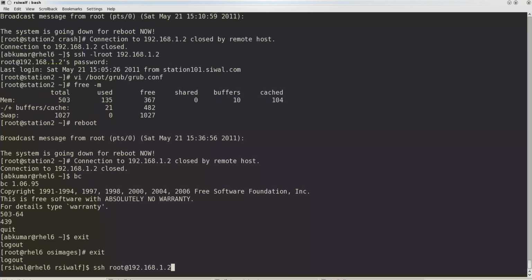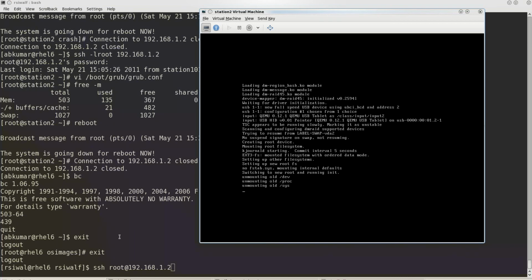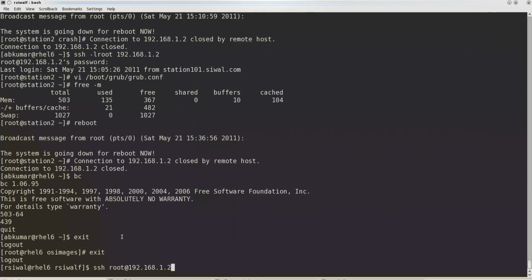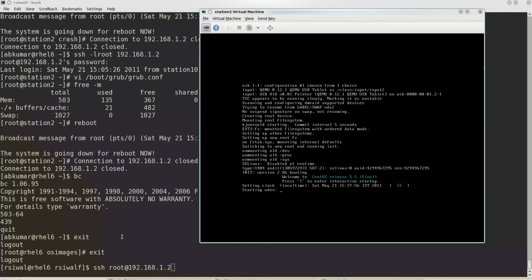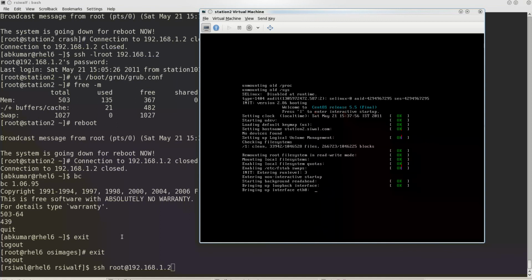Okay, let the machine boot up. Okay, we are up with the network interfaces. Okay, so I am on to station 2.